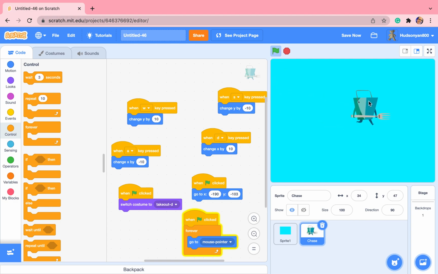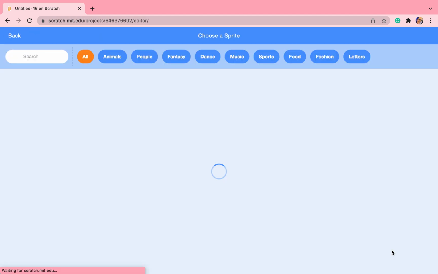So as you can see, this little guy follows our mouse pointer. And what we can do with this is we can